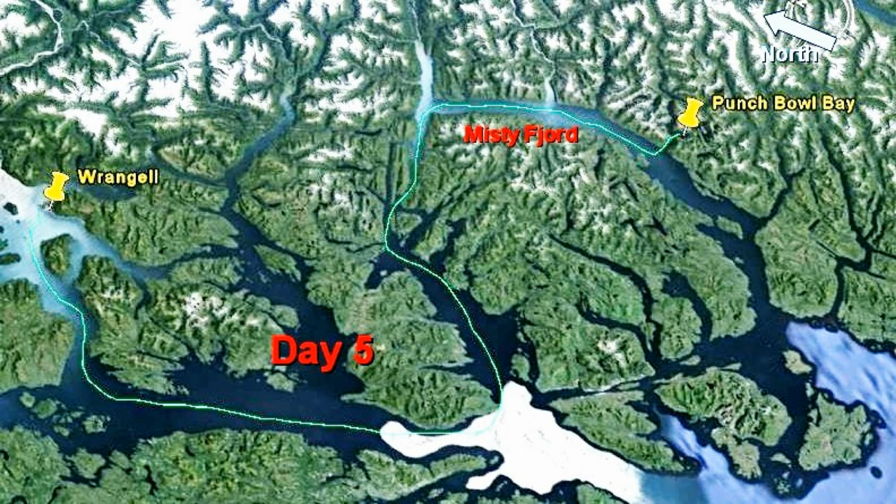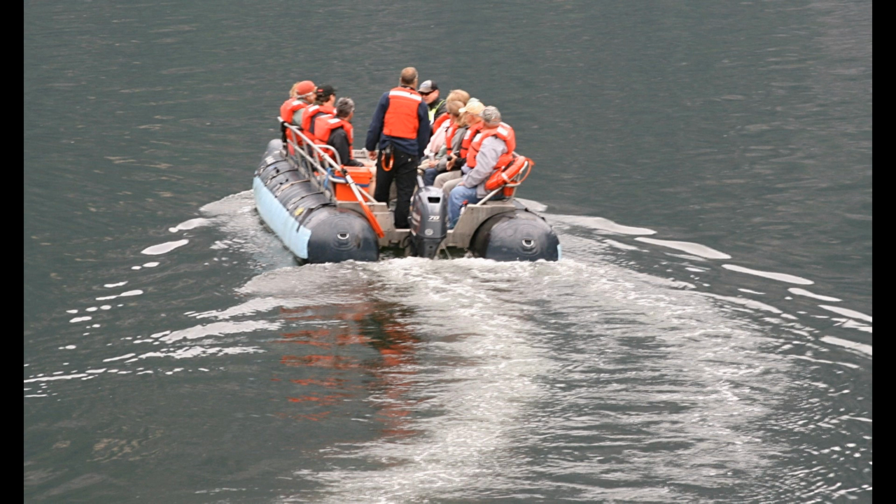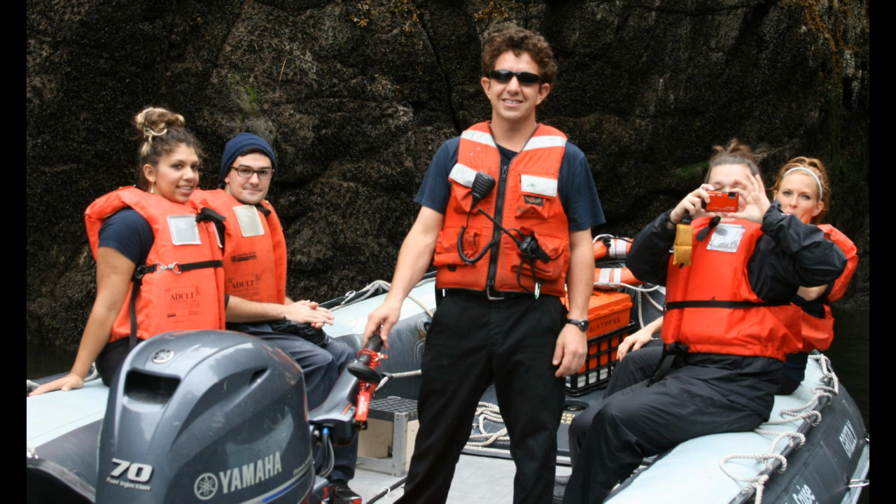Overnight we had arrived at Misty Fjord, and we pulled into a side bay called Punch Bowl Bay, or Inlet. From there we took a skiff ride with Max, who took us quite a ways into the inlet, in fact all the way to the end. And then all of a sudden we encountered this group of the